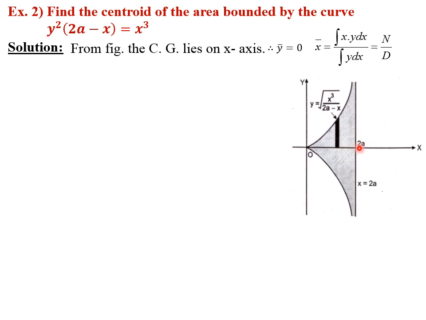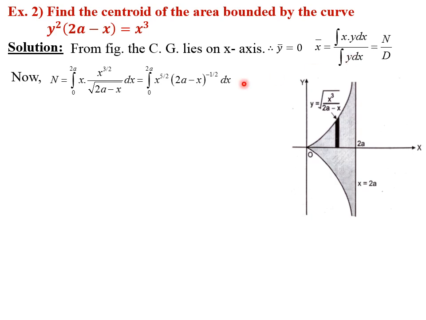So surely the x-axis will be the boundary of that region, and in that case the double integration dx dy will turn to single integration y dx, and hence we get x bar equal to single integration x into y dx upon single integration y dx. We already studied this formula as an important note after the CG for a plane lamina in Cartesian coordinate system in our previous slides. So let us consider these as n upon d, where n represents the numerator and d represents the denominator, and evaluate them one by one.